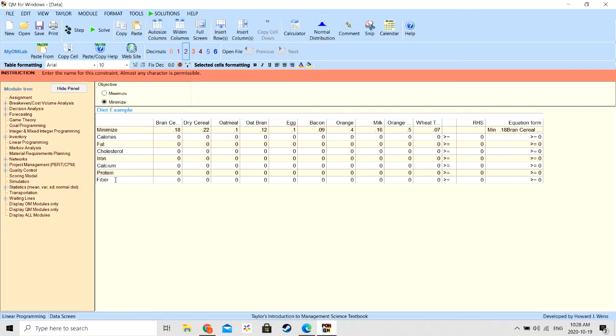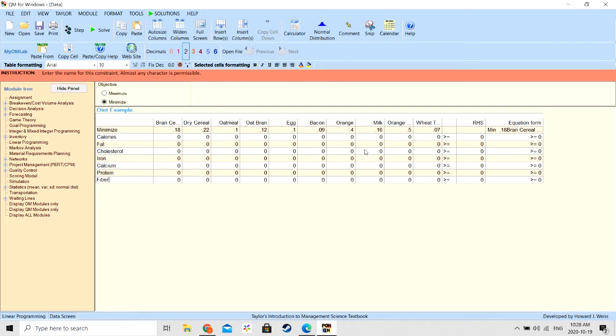Okay, here are our constraints. Now it's going to be a little different in this situation because some of these items are a good thing, others are not. So some of them, like iron and calcium, we want to ensure there's a minimum amount. But others like fat and cholesterol, we want a maximum amount because they're not healthy products. So let's